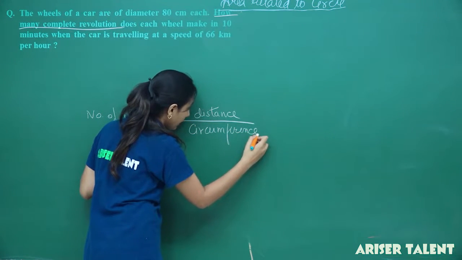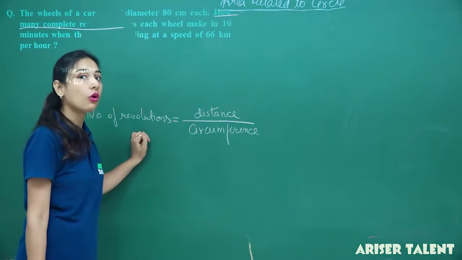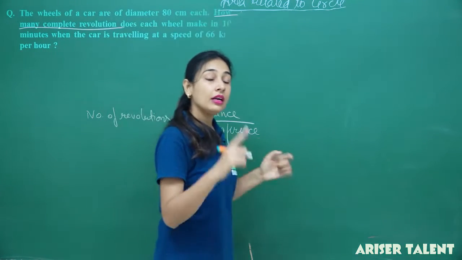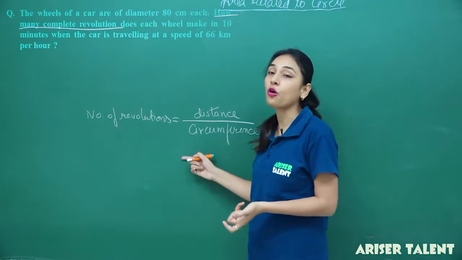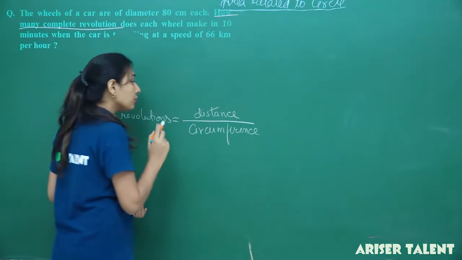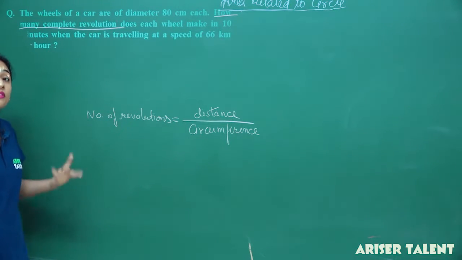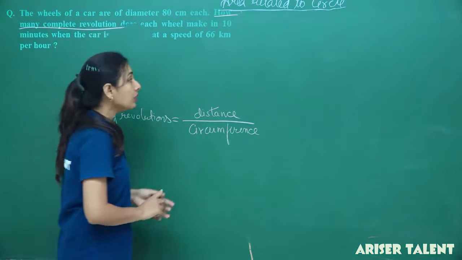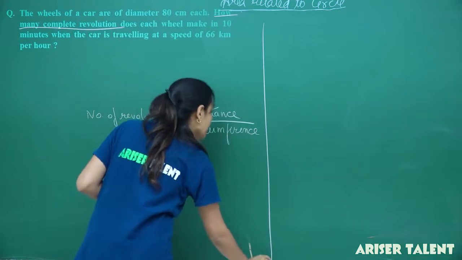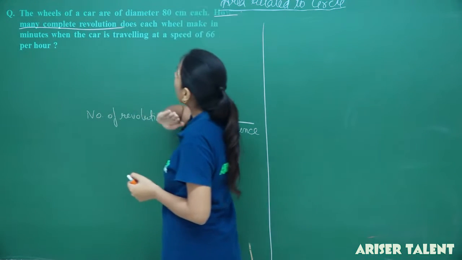Students, if you are not able to remember that, just go back to the theory part, re-watch it and re-understand it. Remember that you have this formula there. So I'll do this question with the help of number of revolutions equals distance by circumference. Now I will listen to what the question is saying: the wheels of a car